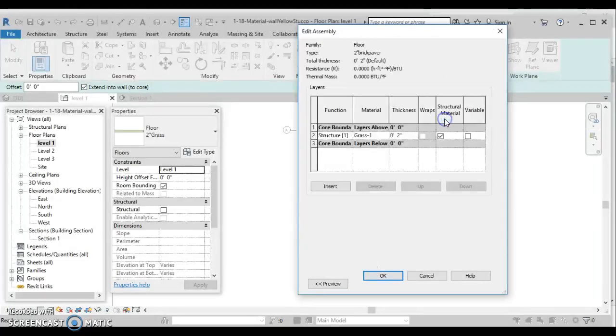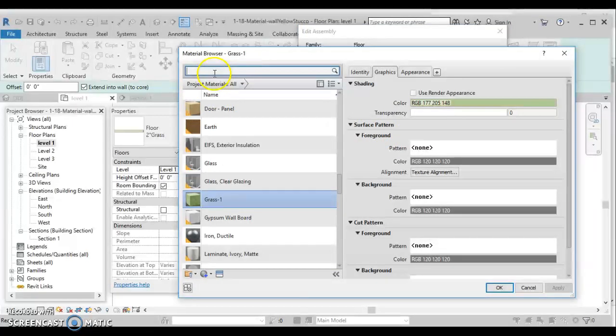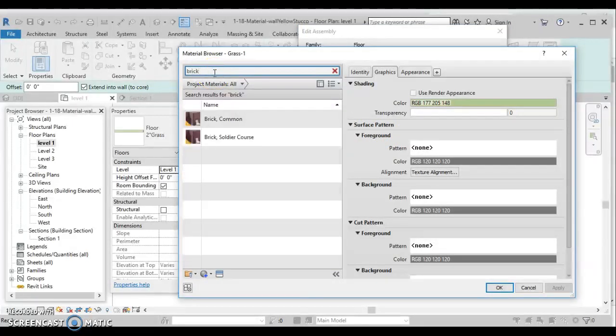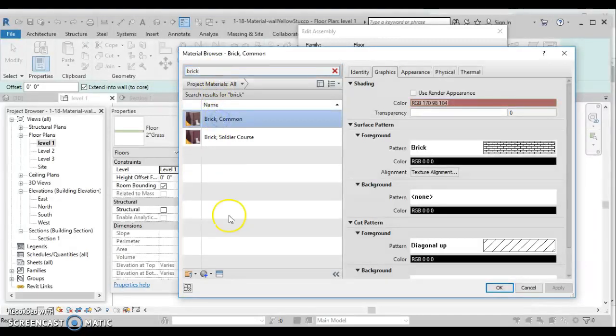And I'm going to edit that, and I'm going to change the material to brick. So I'm going to type in brick, and if I see brick common, soldier course, the common is fine. And I'm going to say OK,